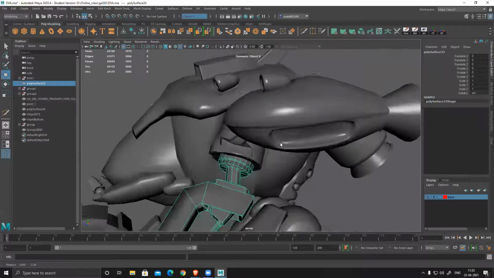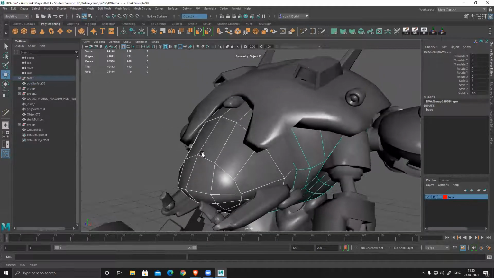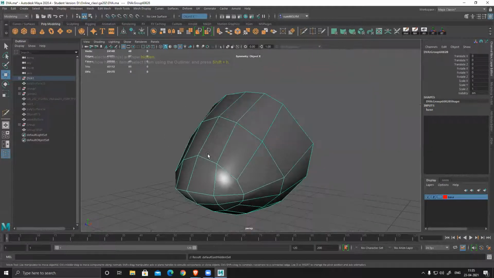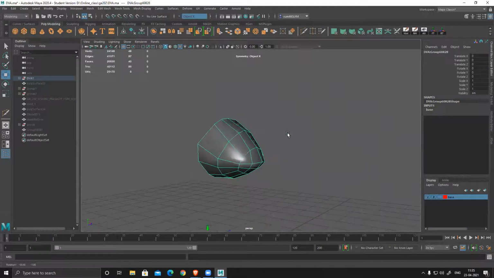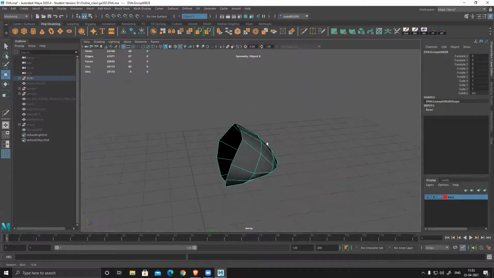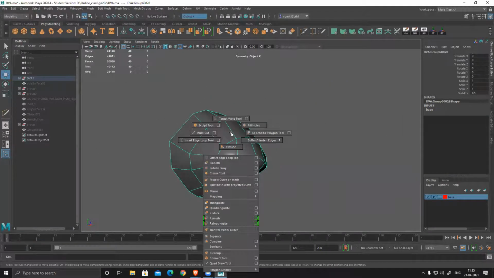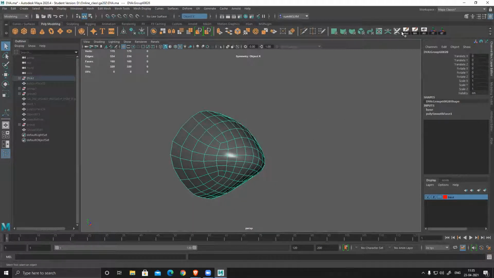Then we have, okay, this part. So this section, if you see, comparing to the entire mesh, looks really low poly. So what I have to do is, I have to make sure this is not this low poly, it's a little smoother than this, because poly distribution should be similar throughout the model.